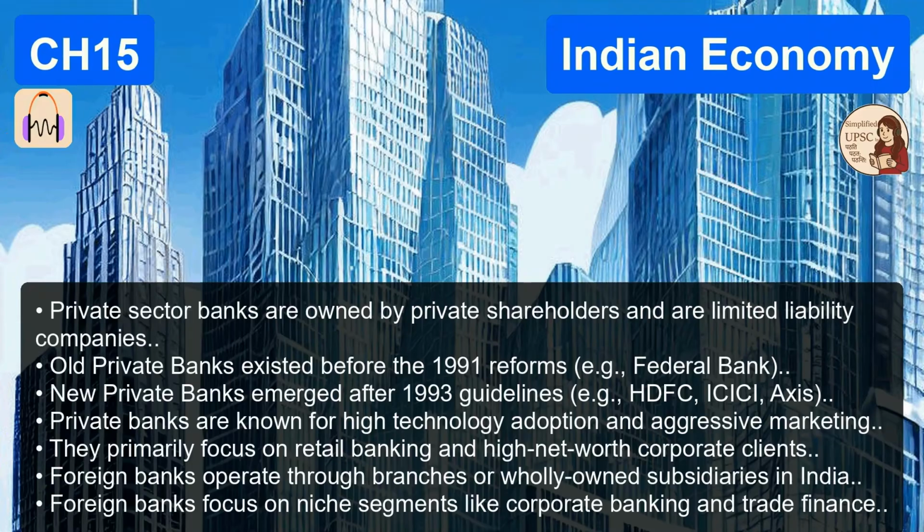True. And just a bit of trivia from the texts, the Ananya Cooperative Bank Limited in Vadodara was the first cooperative bank in India. I love those little nuggets. Good for prelims. Okay, so we have the architecture laid out. We have the RBI at the top, the scheduled banks, the breakdown of public, private, foreign, RRBs, and the cooperatives. The whole map. But this system didn't just appear out of nowhere in its current form. It went through a massive, painful shift.